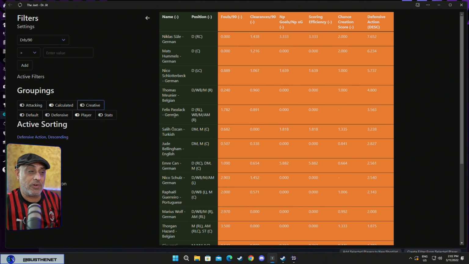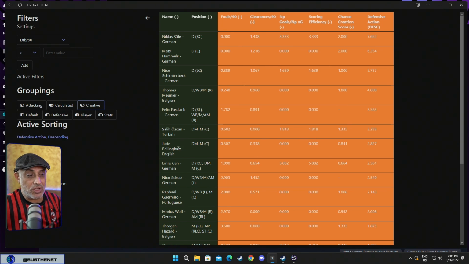Now, whenever I play Philippe Passlack on the left, he's decent defensively, but he doesn't really create very much as a fullback. Then I'm looking at my midfielders. This is interesting, right? Now I'm coming to my midfielders, and you notice one thing. Here, I've got Salih Osan. He has come on as a substitute a few times, but even as a substitute, he performs really well. 3.228 is his defensive score. His creative score is around 1.335, and his scoring efficiency is 1.818, meaning that from midfield, his scoring is pretty